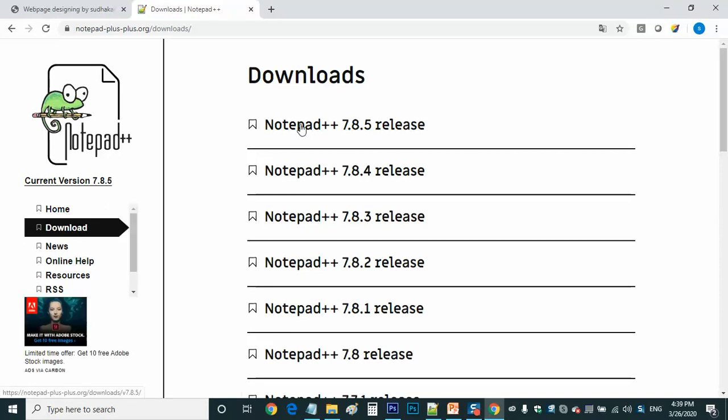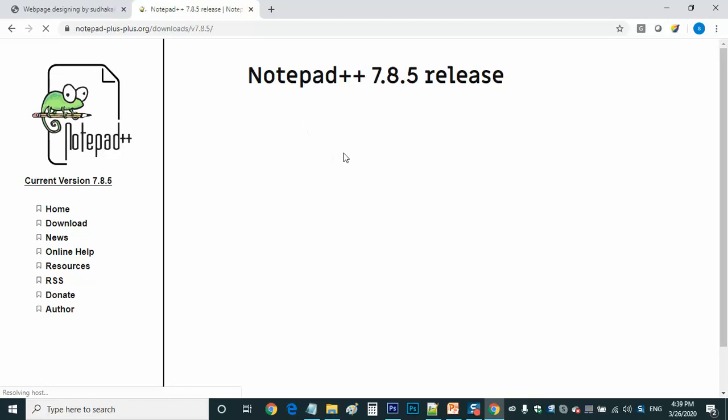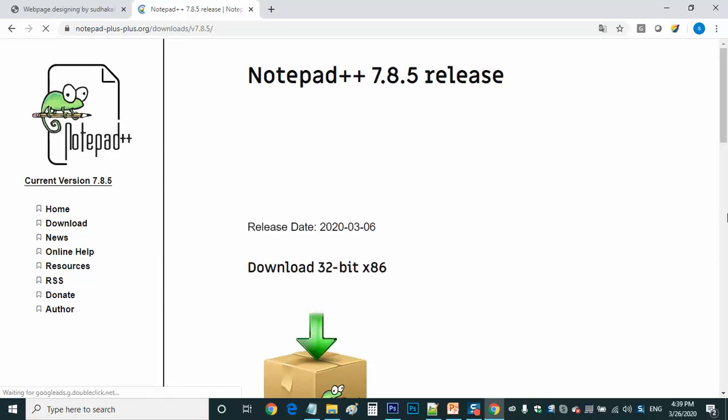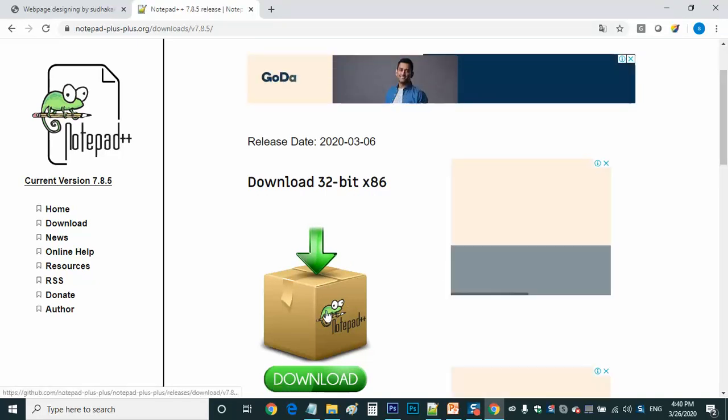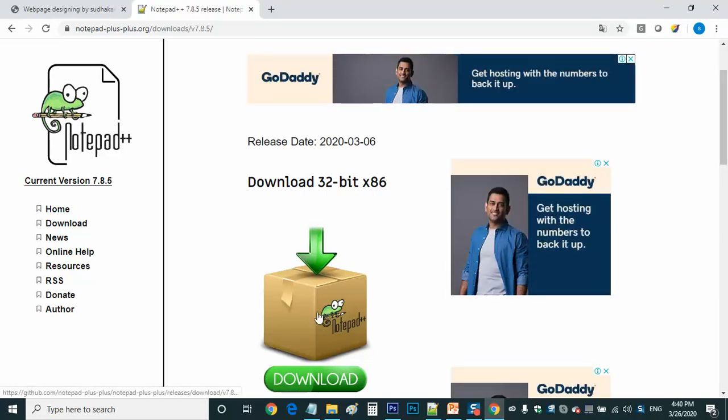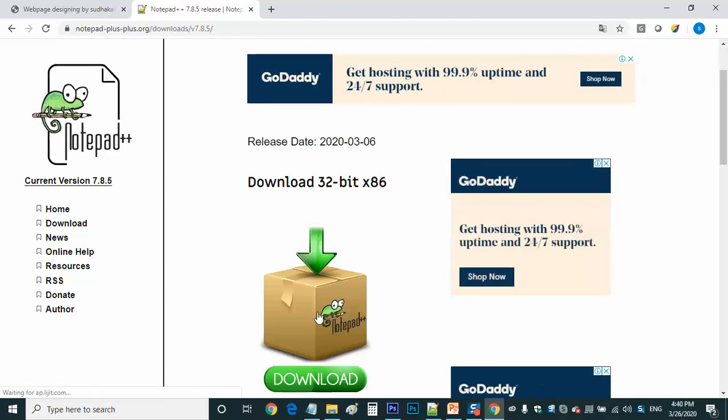When I click it, the latest version, it's taking some time to load this page. So from here you can download it. We have a download option. In fact, I downloaded it and installed it, and it will not take much time. It is just 1 or 2 MB, and it will take just 2 minutes to install it. Once you install it, you can run it. So from here onwards we'll use Notepad++.